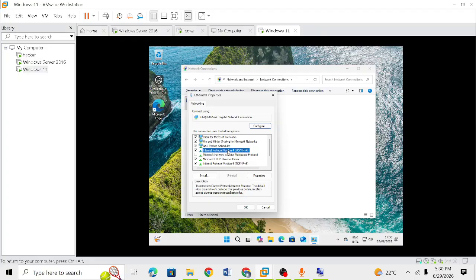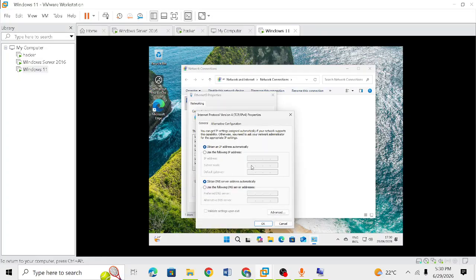Then properties, and here I'll put the DNS, domain name server. I'll use the IP for my server, which is